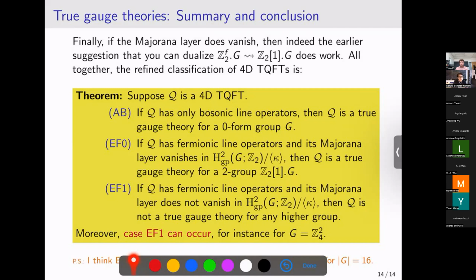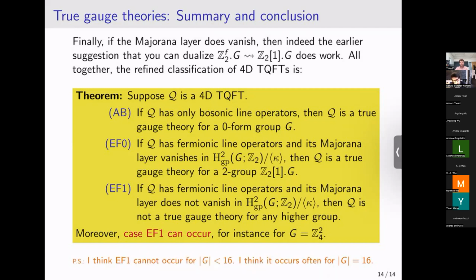The last, I think, the sort of PS, I think that's about that. This is maybe the smallest example you think. Oh yeah. But is there sort of a sense in which you could give a criterion for which G's this could actually happen? So here you gave the Z4 squared example, but